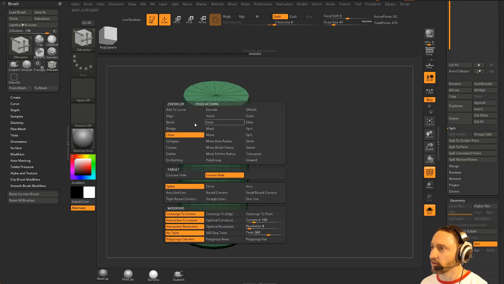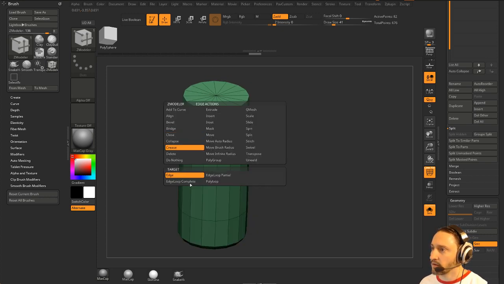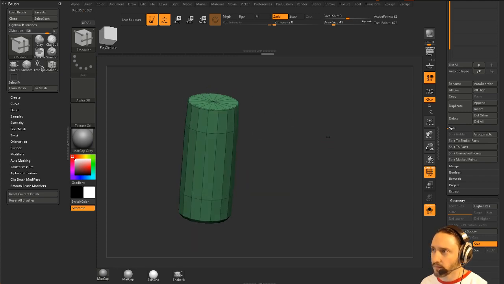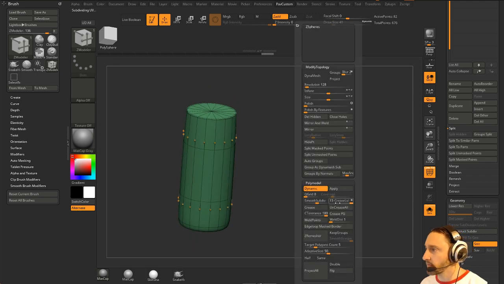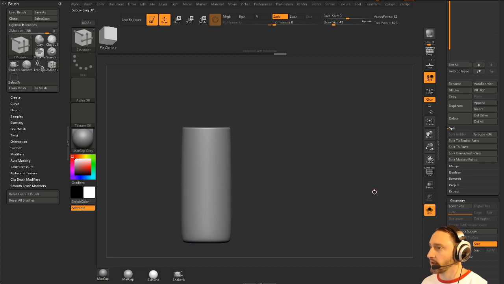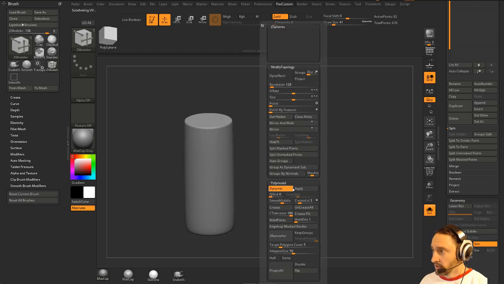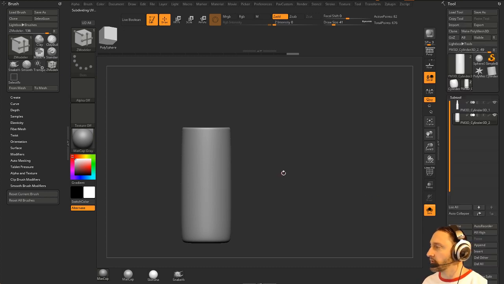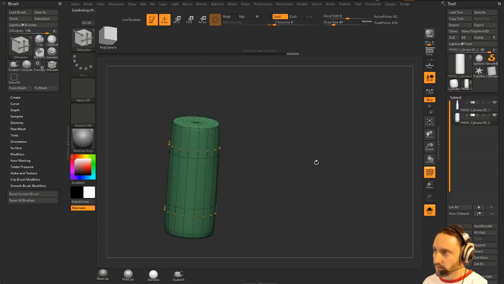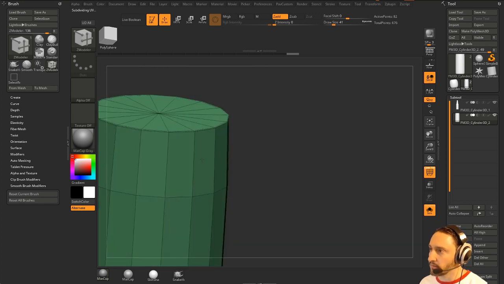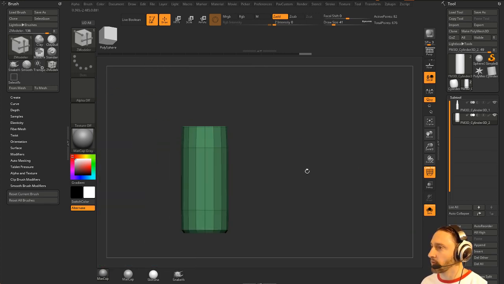And then we'll go ahead and crease this edge loop complete here. And then we'll go ahead and hit D, and then we're going to subdivide this up. To 4 is fine, but we'll say the crease level of 3, like so. And now that we have this, let's go so 5. So now that we have that liquid sitting in there, what we're going to do is we'll do QMesh polygroup all. We're going to back this back just a tiny bit, and then we're also going to use this volume